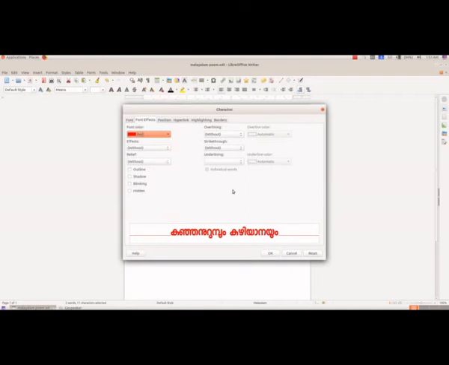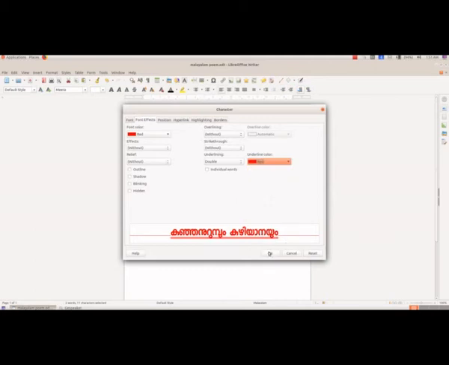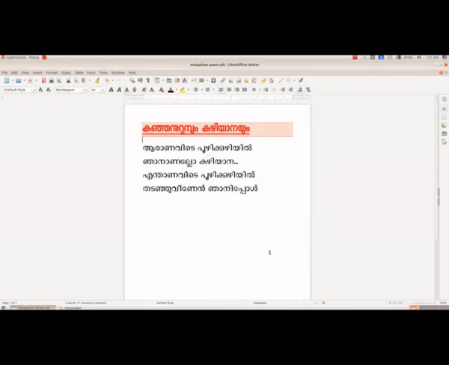I am selecting red. And if you want to give underline, from here we can select and then OK. So like this we can change to any font and we can do this.